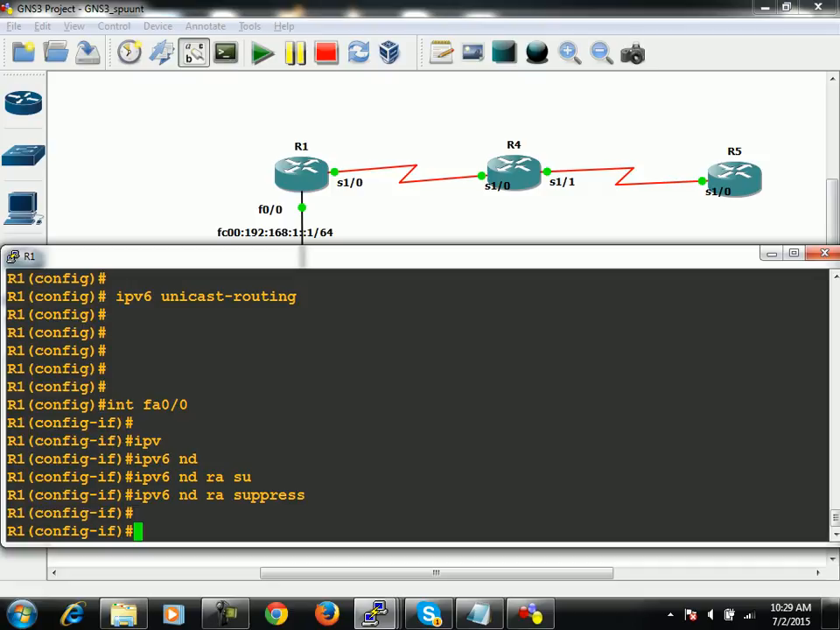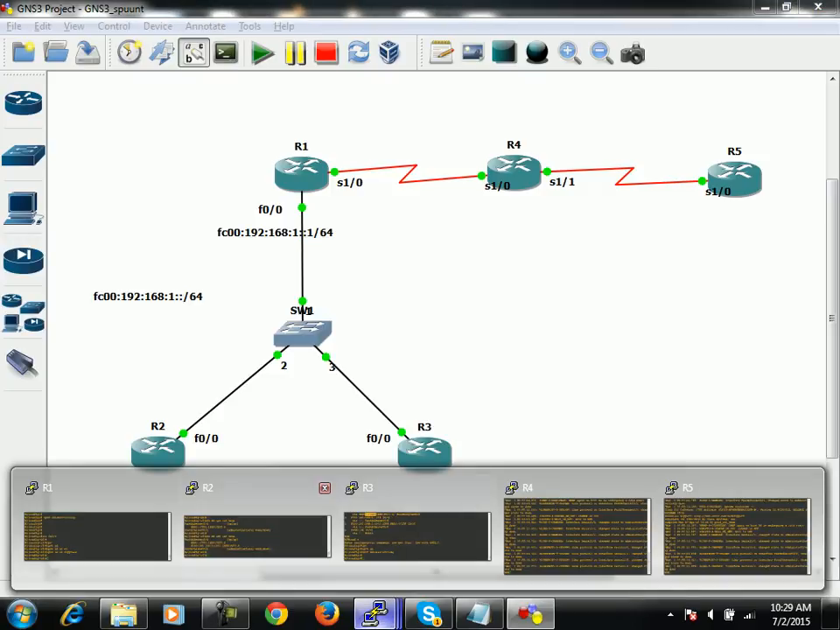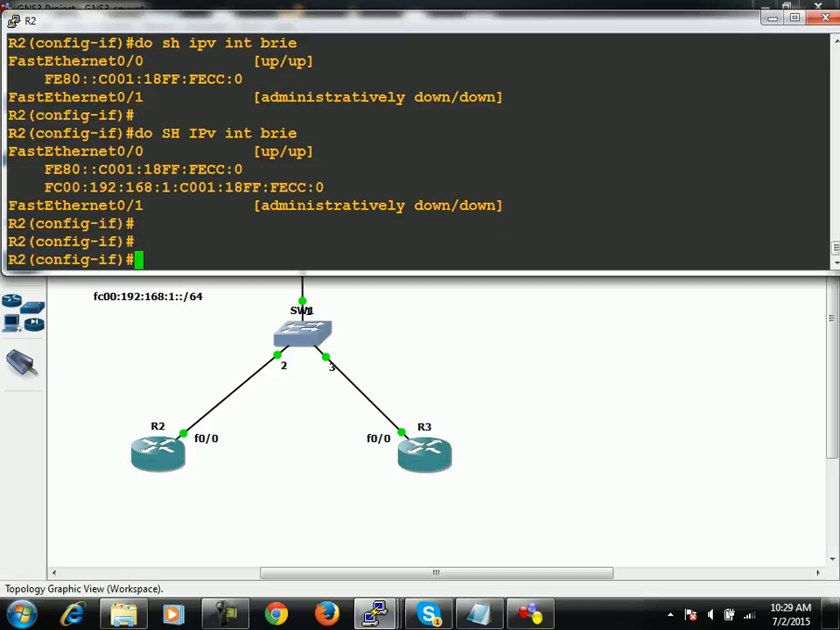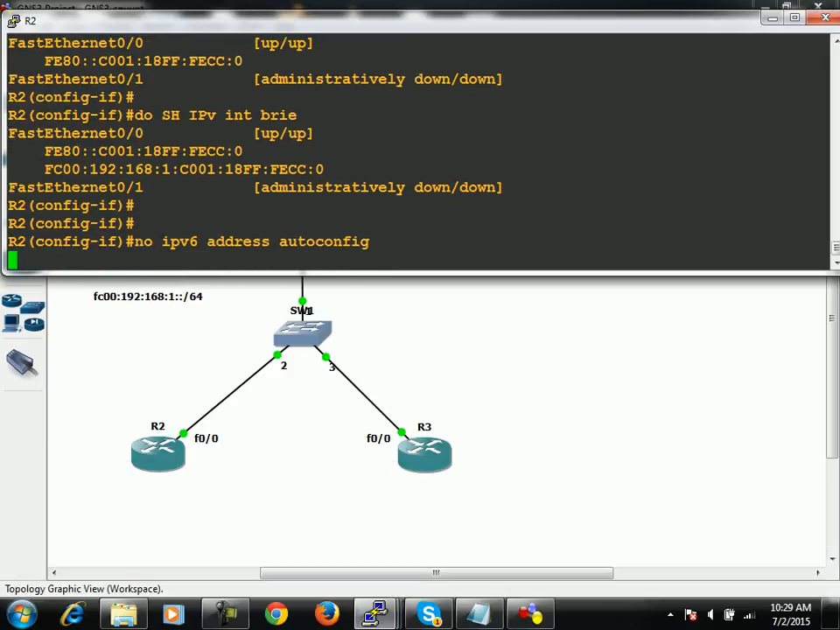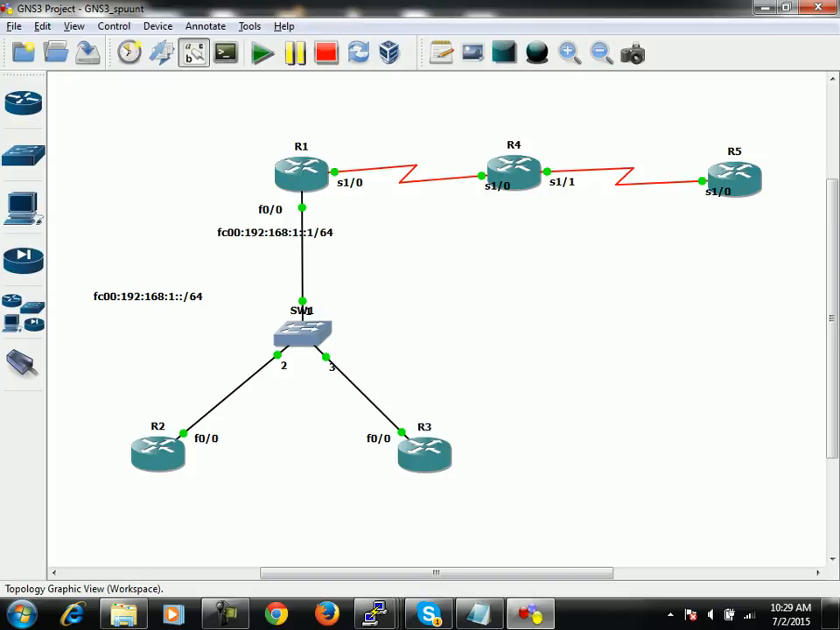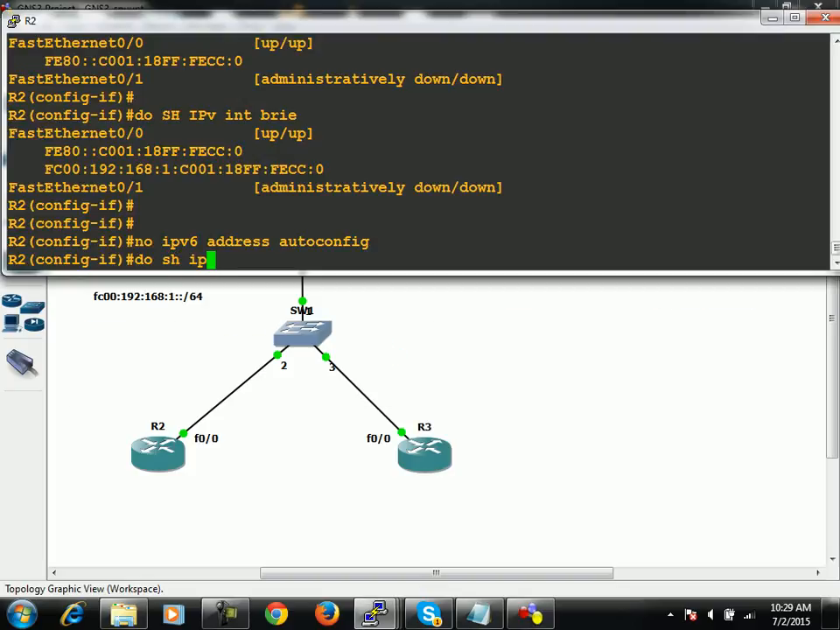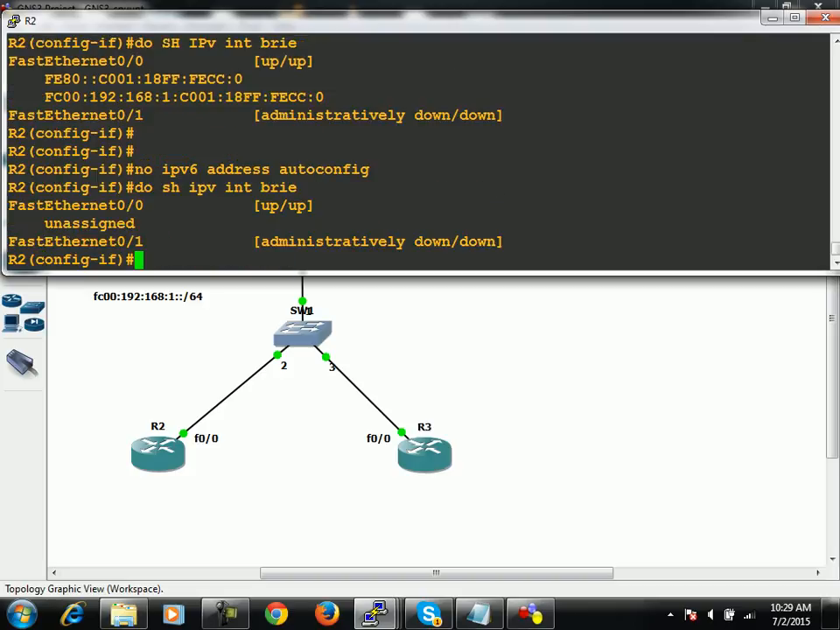If you are saying autoconfiguration on any other router, and if they do not get any router advertisement from another router, then it won't be possible for them to configure themselves automatically. Like this time, you do one thing, move back again on R2. So now, do show IPv6 interface brief. Now once again,